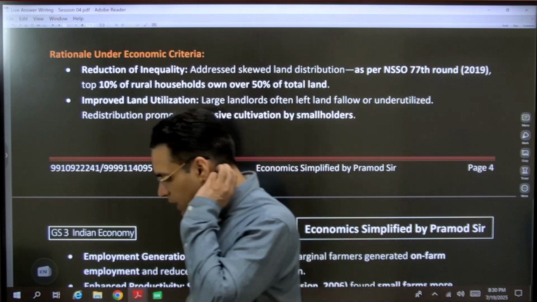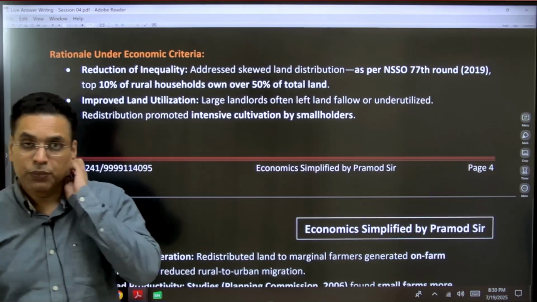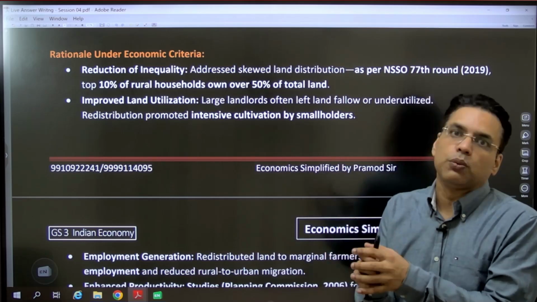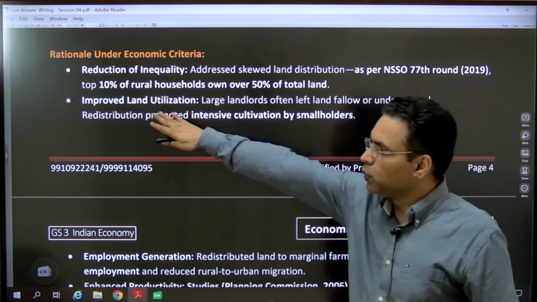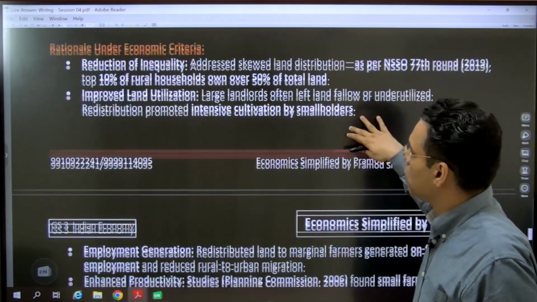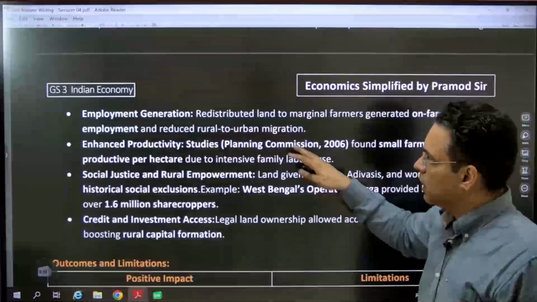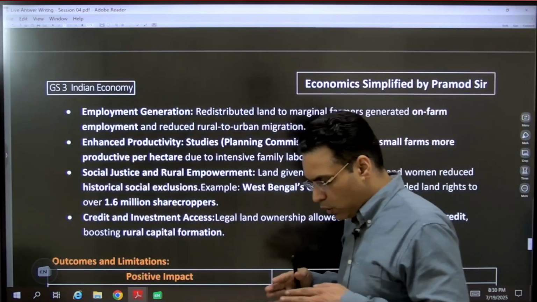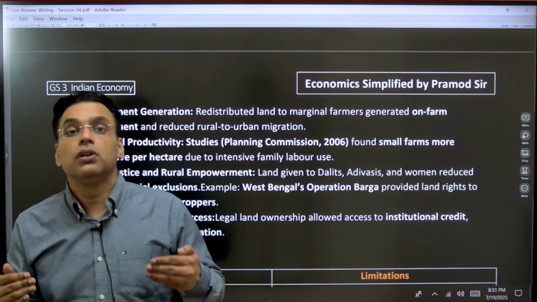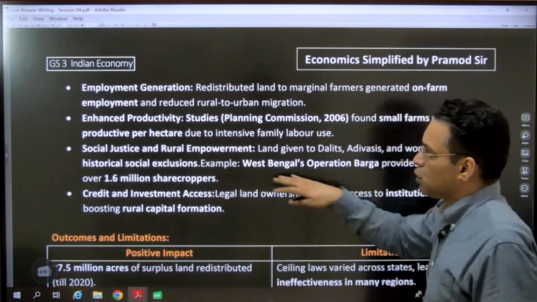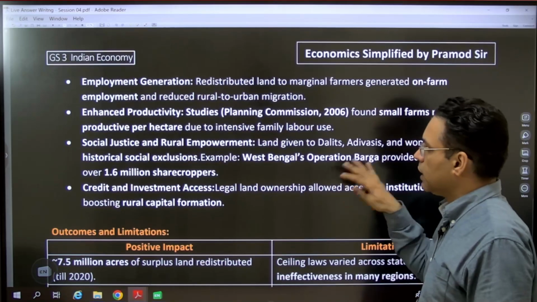In fact, when Indira Gandhi came back in power in 1970s, उन्होंने retrospective land ceiling law लगाया and family as a unit was used. So then you can use the same land, you can divide the land, because large landlords जो थे वो land को use नहीं करते थे. It will create employment because the land ownership will be distributed and people will have land as an asset, and that can be used. Enhance productivity, social justice and rural employment, and it can create.